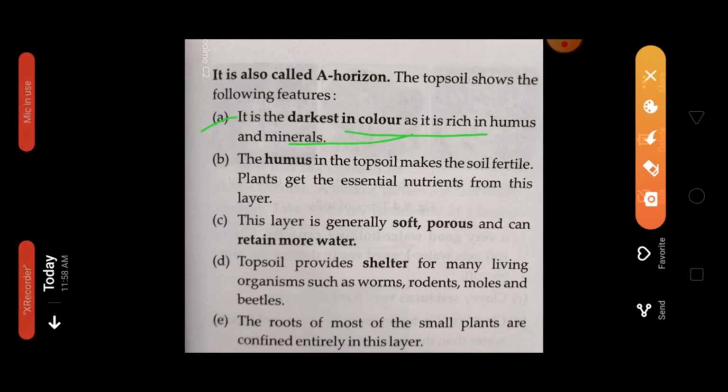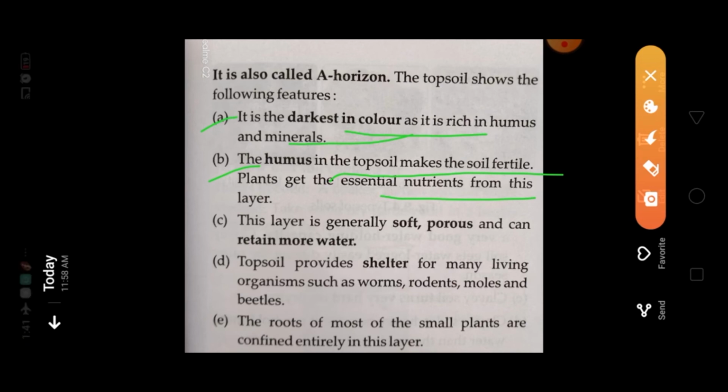This humus and these minerals found in the A horizon, the topsoil, support the growth of many plants.